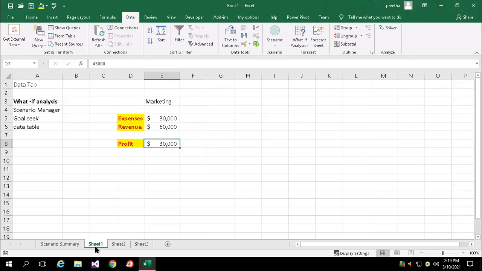Okay. So any doubts, you can ask me. If this is the input I give, what output do I get? To achieve this much sales in the next year, what inputs should I pass? What areas should I concentrate on? What expenses should I incur? All this I can find out using Scenario Manager. Where the input values will be, I have given only two. You can introduce or try various inputs. So any doubts, you can ask me.